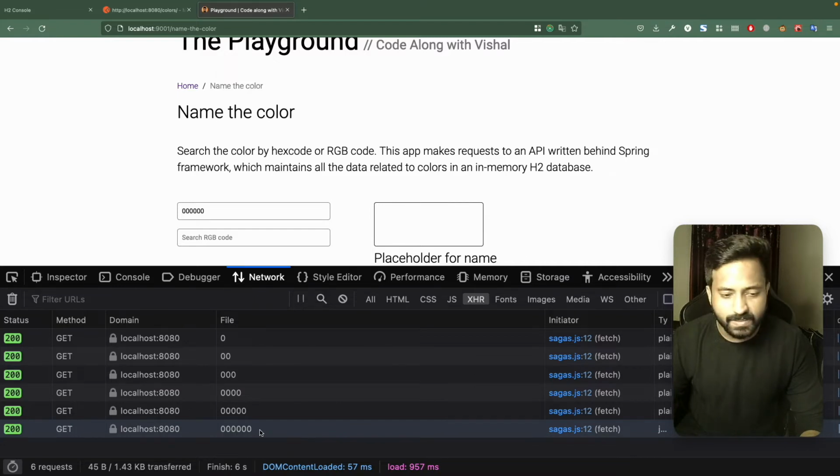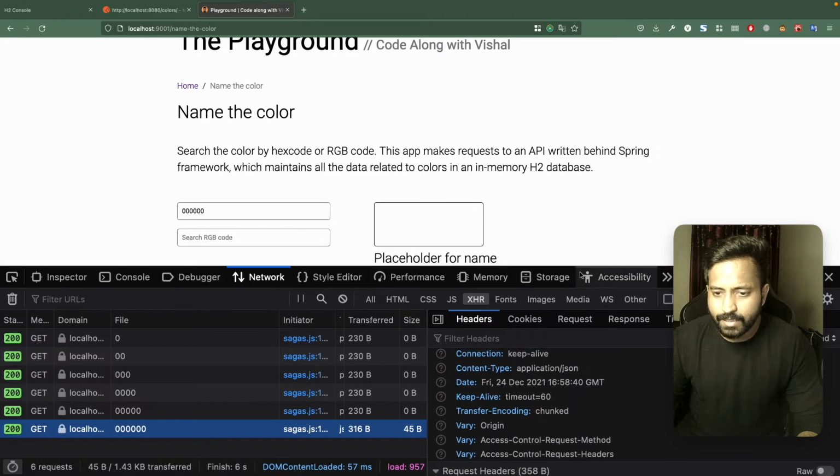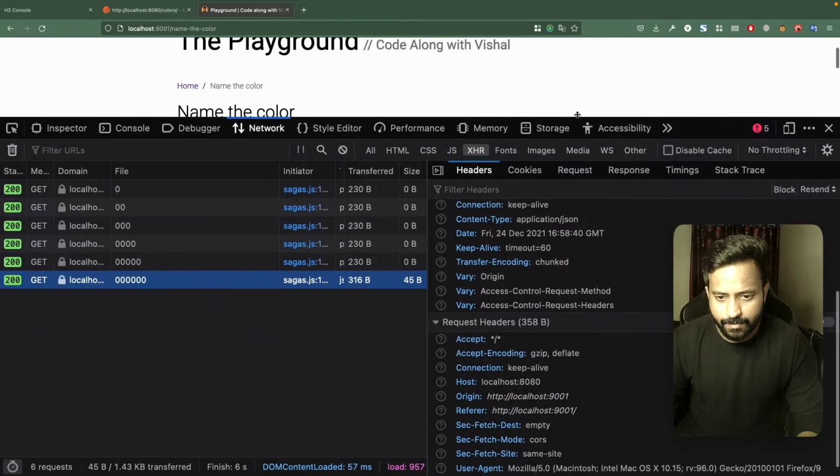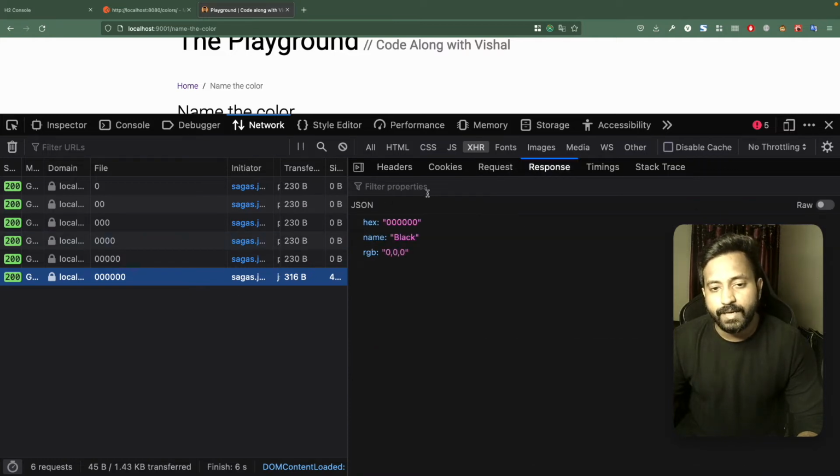I wanted the response for 00000, which is basically black. So you can see that the API is actually working fine. There is an API call going from the browser, and the response we are getting is hex 0000, name is black, and the RGB value is 0,0,0. So that's definitely working perfectly fine.